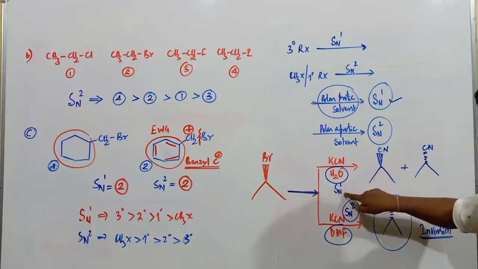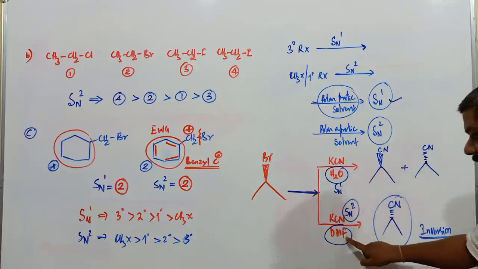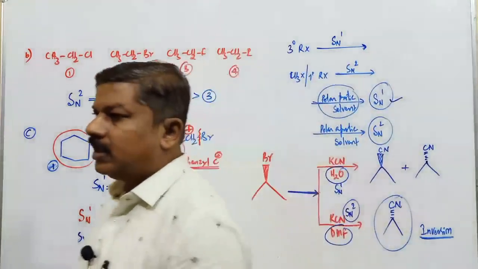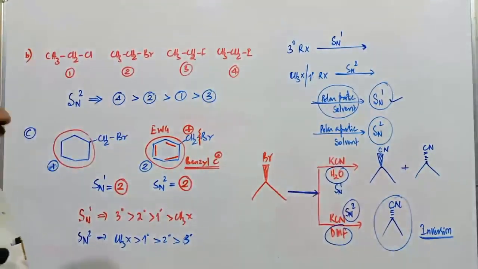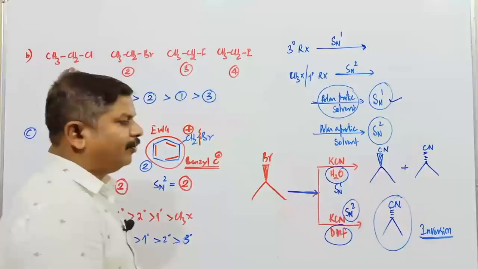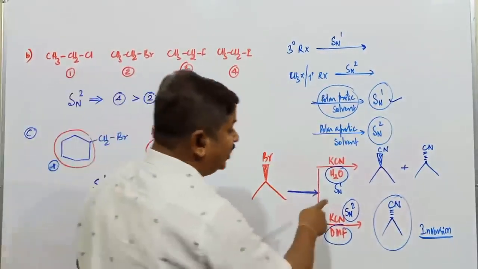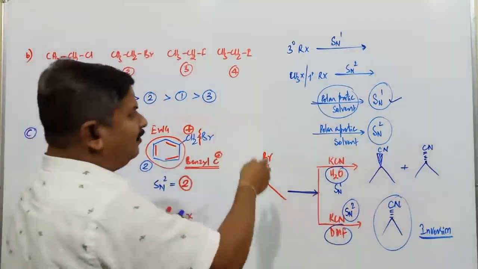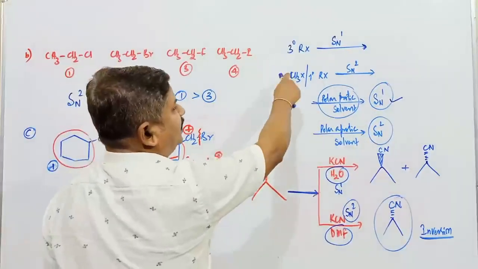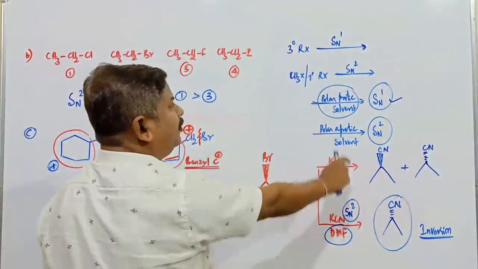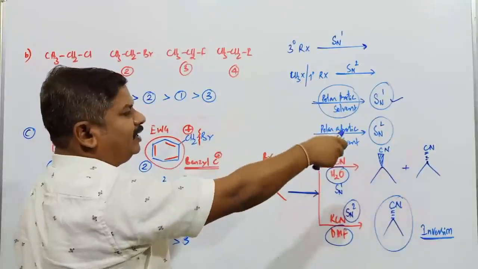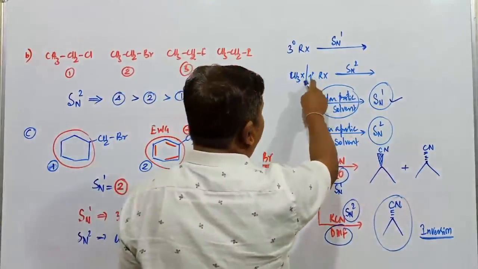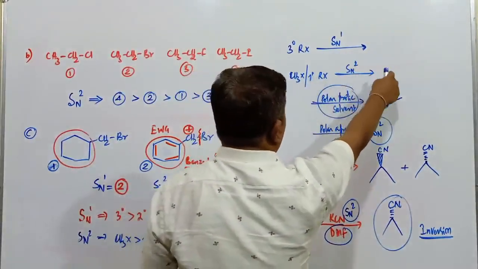How have we identified SN1 here? Because of the nature of the solvent, and here it is SN2 because of DMF. DMF is an example of a polar aprotic solvent. In presence of polar aprotic solvent, SN2 is favorable. In presence of polar protic solvent, the SN1 reaction is favorable. Clear? Wherever the alkyl halide is tertiary, once again I will clarify: conditions are not applicable, and a tertiary alkyl halide preferably undergoes SN1. If it is a primary alkyl halide, without observing the conditions, we go with the SN2 mechanism.